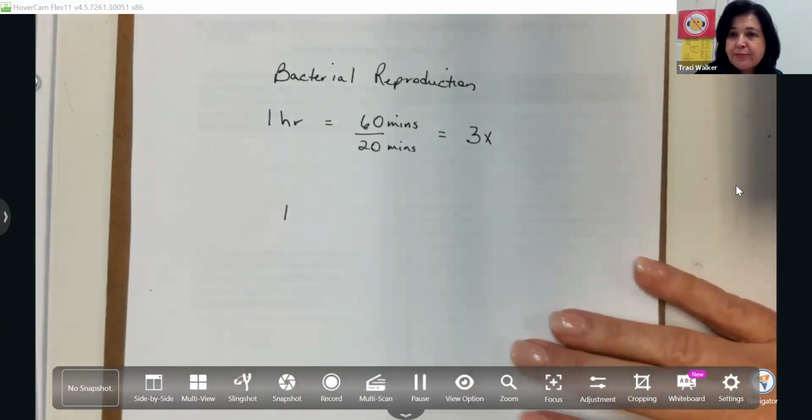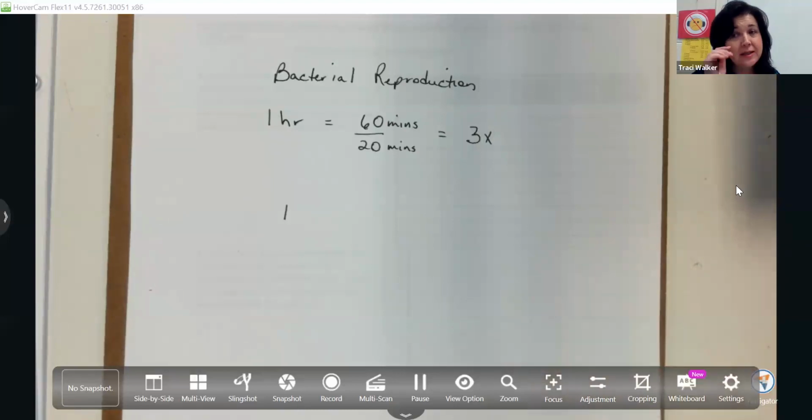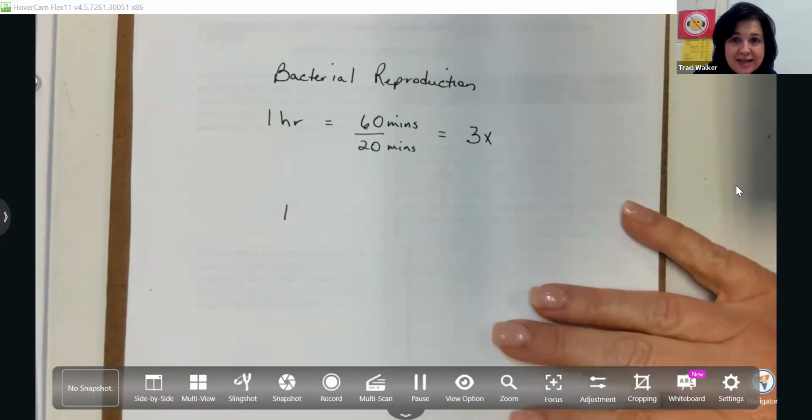But let's just say that we touch a surface like a keyboard, for example, that somebody coughed or sneezed on, and we get a teeny tiny little droplet on our finger, and then we scratch our eye, or we rub our nose, or we put our finger in our mouth. Whatever is in that little droplet is going to get inside of us if we do that. And even if there's just one bacteria cell in there, over that next hour,